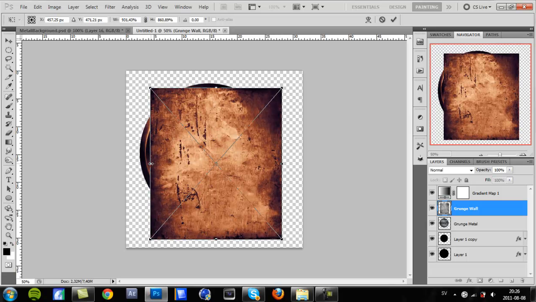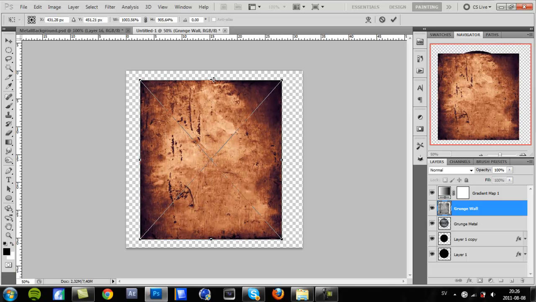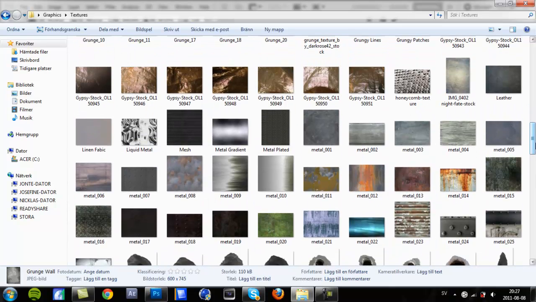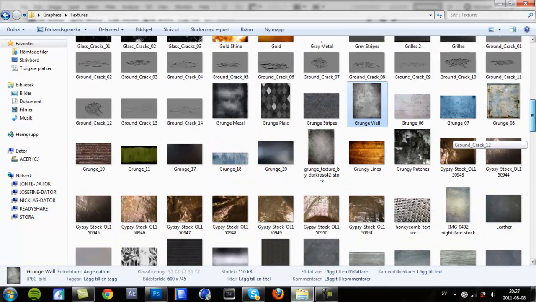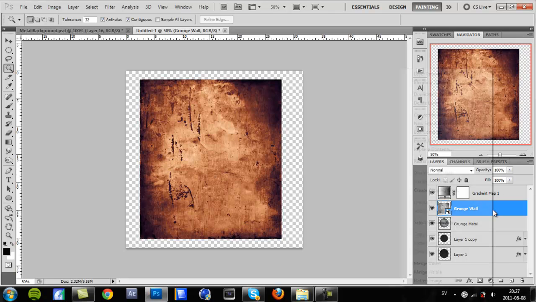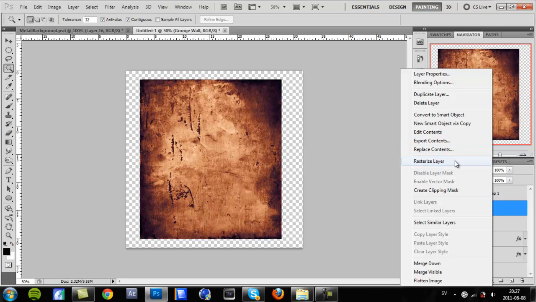So I don't know that many others. I do got a lot of these, so I just haven't tried any else. This is the first I saw, and looked good. Just resize it so it fits everything, nothing on the sides or something like that, and right click, rasterize layer,